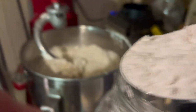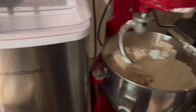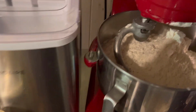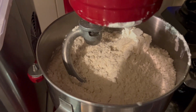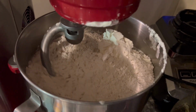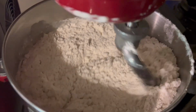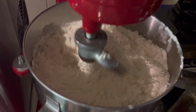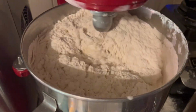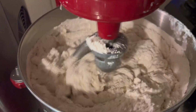Now, I have had people criticize me for measuring flour by scooping it, but bread making is very different than other baking. It's more of a feel than it is exact measurements. So we're going to start with, it should be somewhere in the range of 8 total cups and possibly 9. Okay, this is 8 cups of flour, and it'll start kneading together and pulling from the sides, and we just